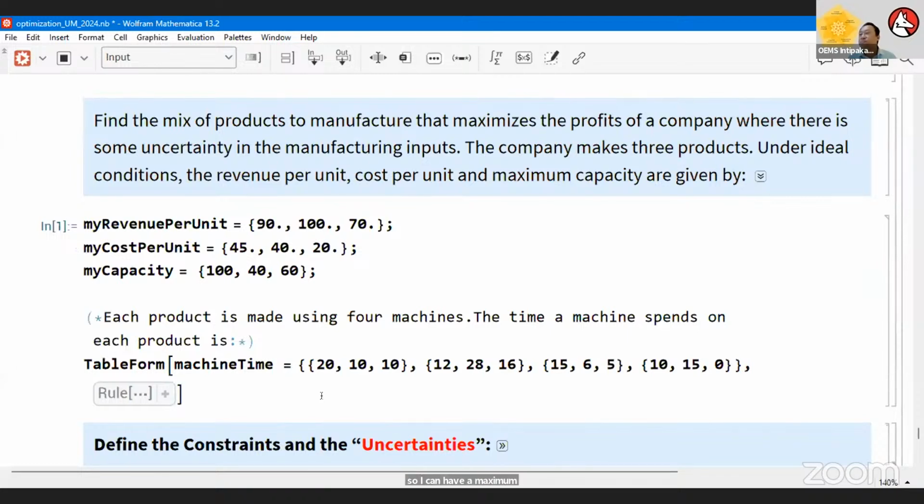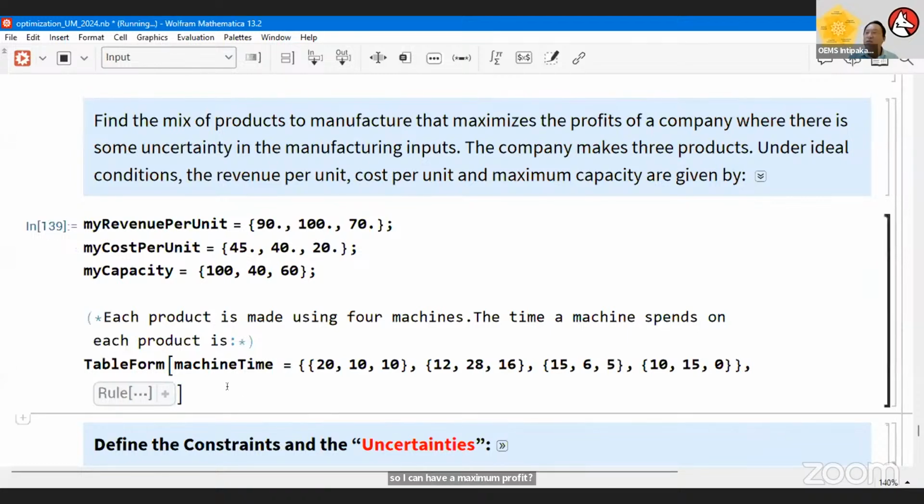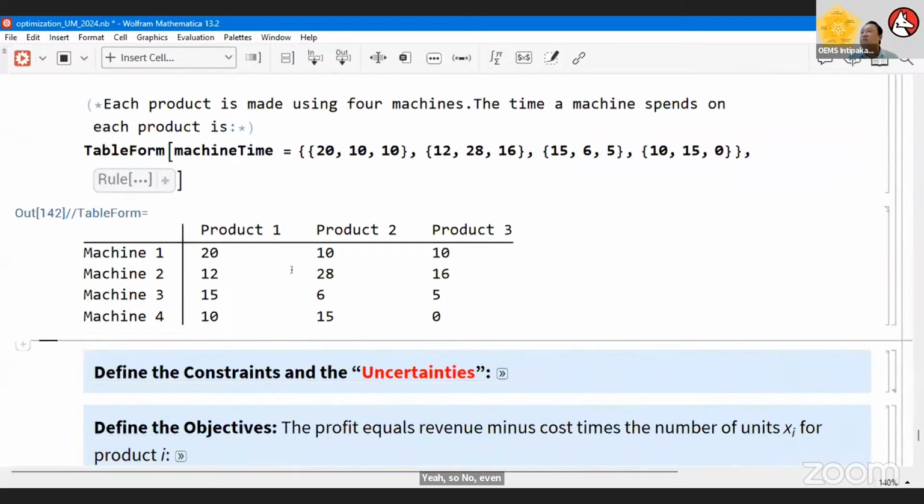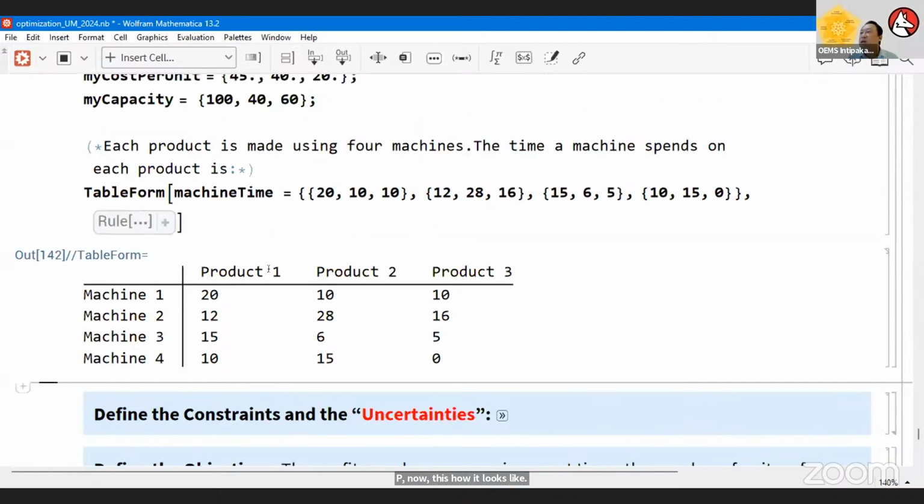So now, if we put this thing together, it is very simple. This is how it looks. Machine 1, 2, 3, 4, you will see here, each machine has a different machining time. Now, I already know if I run a certain product at full force, with the whole factory, I can get this output and that output. But each machine also has different availability, we have 24 hours or maybe 8 hours per shift.